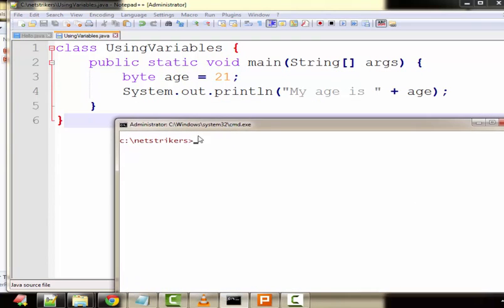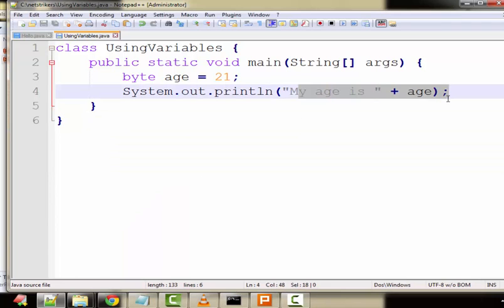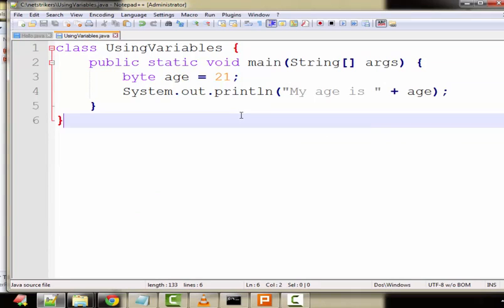Let's open the terminal, cmd, and type javac UsingVariables.java, and now run our program, java UsingVariables. As you can see, "my age is 21" gets printed here. As simple as that. Similarly, you can store the first letter of your name, which is Aditya,